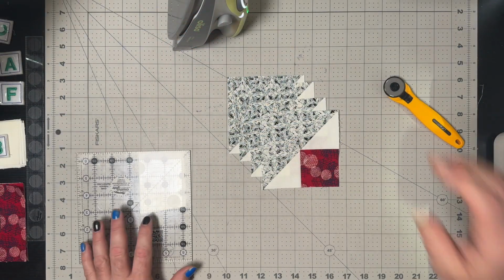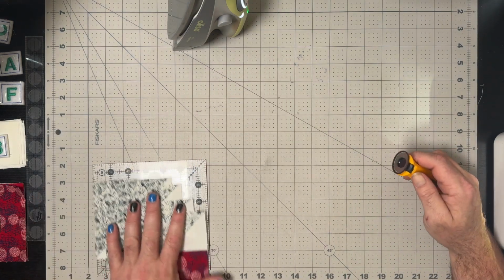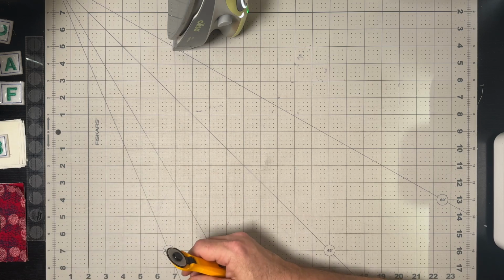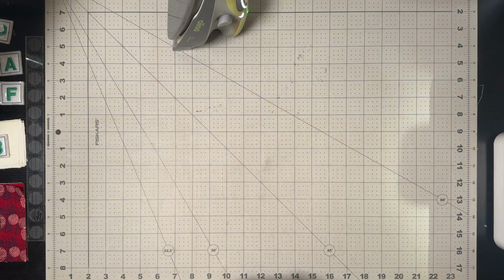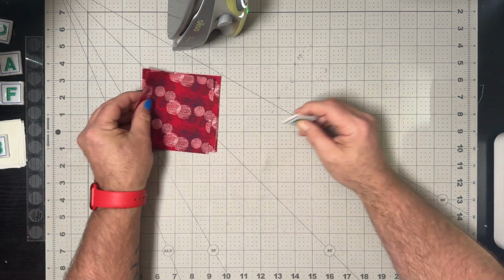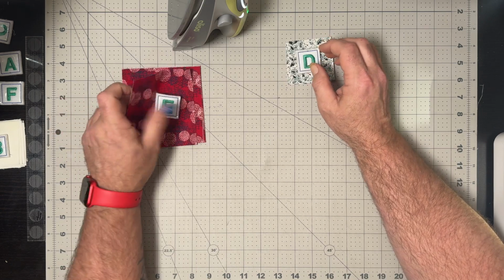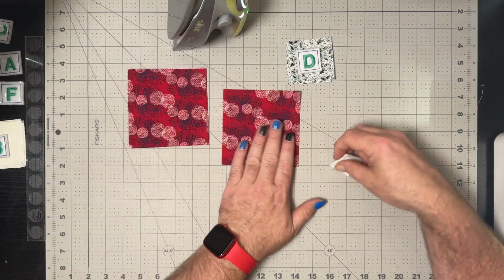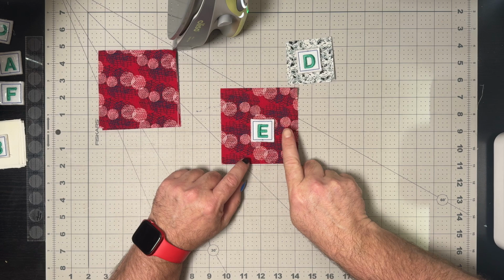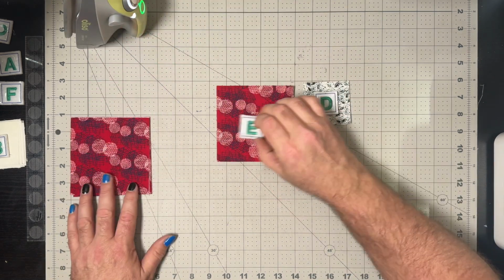Okay, back to my original footage now, and you'll see that we do need to make 4 of those, and they're the 4 that I made really badly, so don't pay too much attention to those. Just follow those steps from before and you will have perfect units, and that's the beauty of making things oversized and trimming them down. We now need to make our square in a square units, and we do need 5